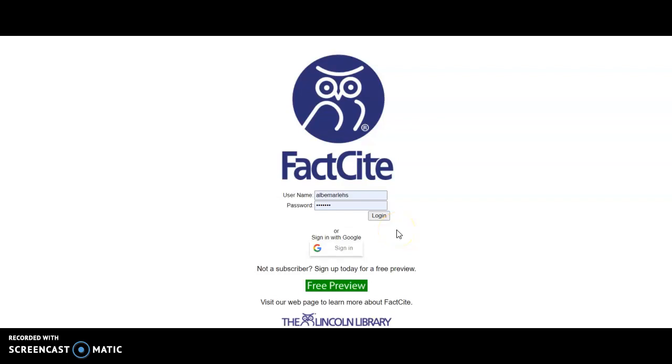Hey everyone, Monica and I would like to tell you about a wonderful resource that we have through the AHS library. It's called FactCite, and FactCite has a component called milestone documents, and those are primary sources for many different